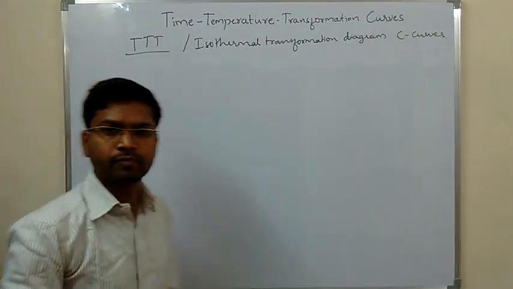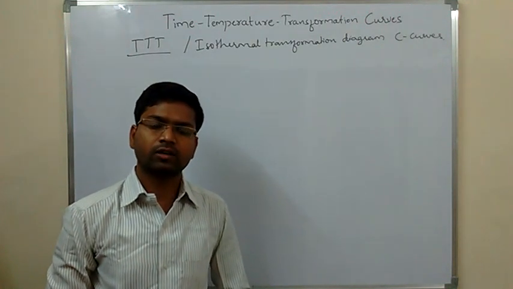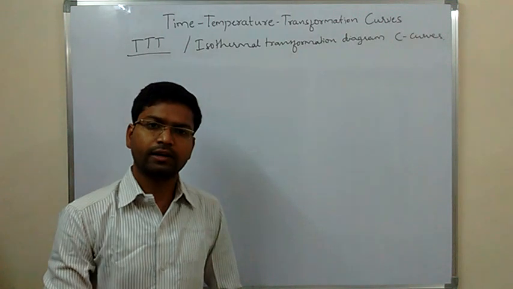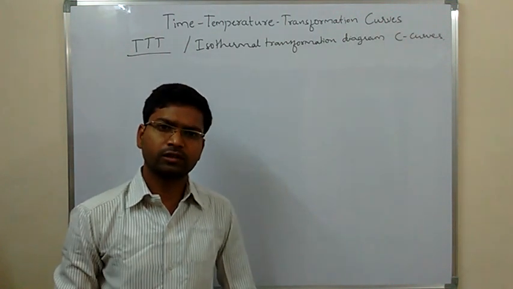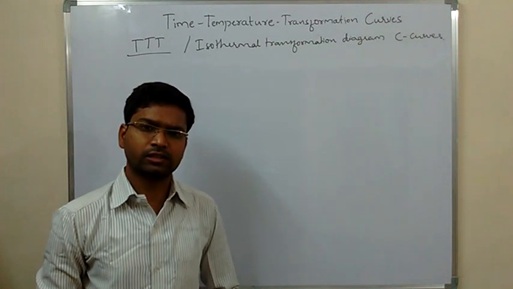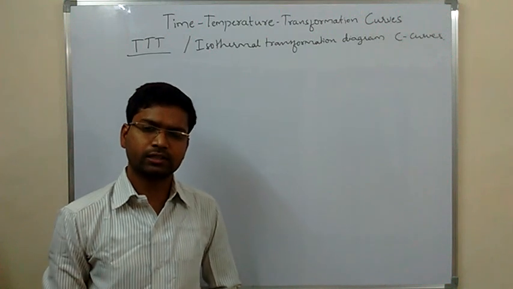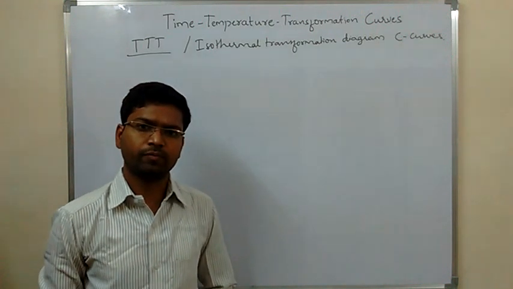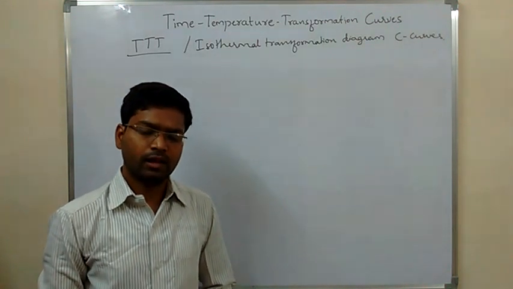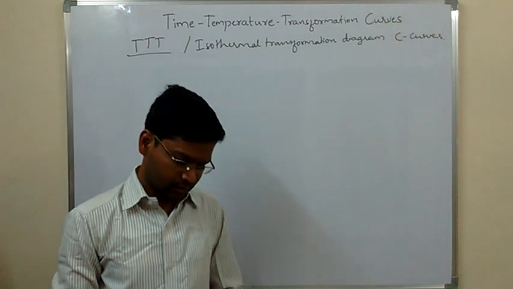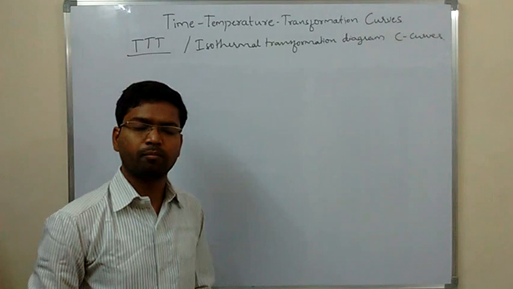So here the temperature of transformation controls the nature of the decomposed product, which in turn decides the properties of steel. So the study of transformation temperatures is very much essential to know the transformations at different temperatures, at different intervals of time, how much the austenite transformed. Like the decomposition of austenite may be in perlitic structure, bainitic or martensitic.